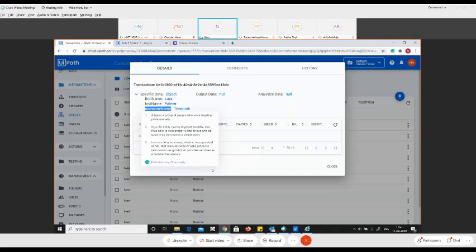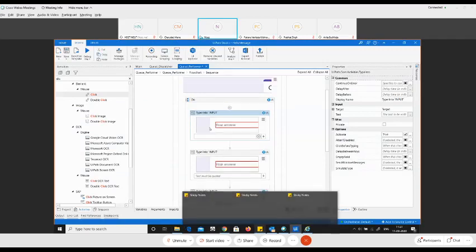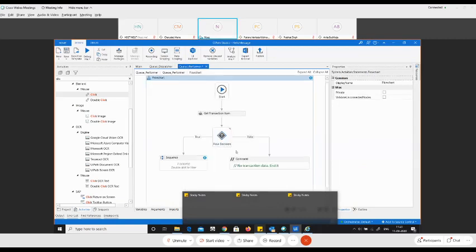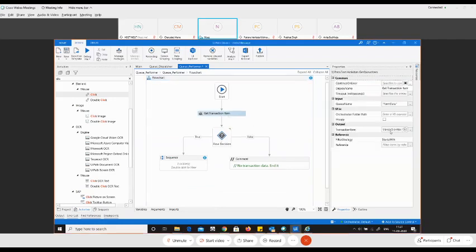So how will you do that? You will go to the UiPath Studio and if you remember here, we are using a variable that is the transaction item. So every transaction item has a queue value. So we'll make use of this transaction item over here.